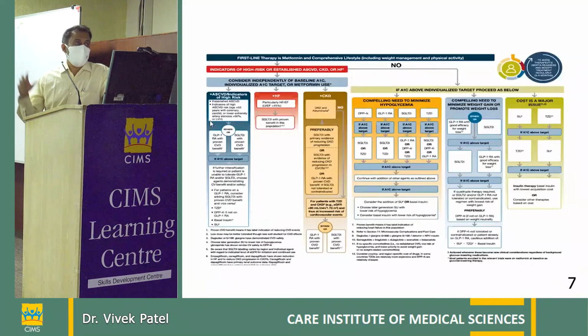This is the overview of how we approach our patient. Previously, the molecules were chosen depending on the patient profile. Right now we have a clear-cut guideline that when ASCVD or heart failure or CKD is present, the patient should be offered the benefits of an SGLT2 inhibitor or GLP-1 analog. Also, in patients in whom hypoglycemia needs to be avoided, the molecules which cause hypoglycemia, specifically the sulfonylurea, need to be avoided.